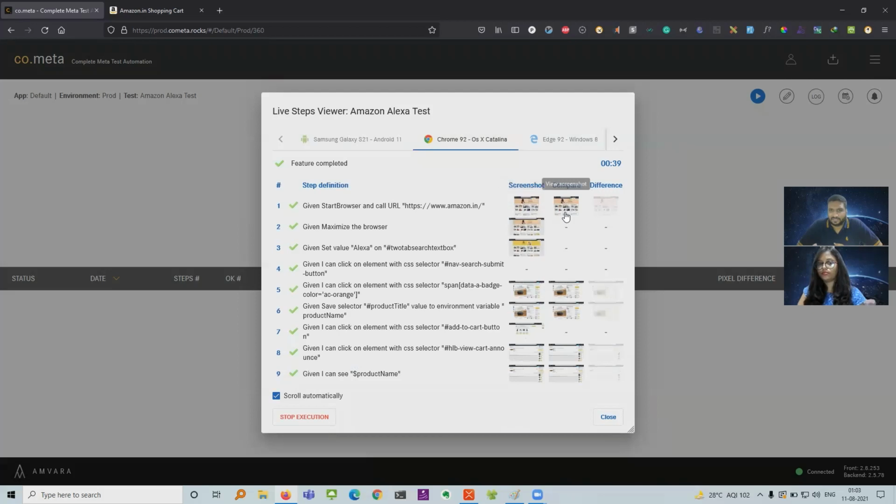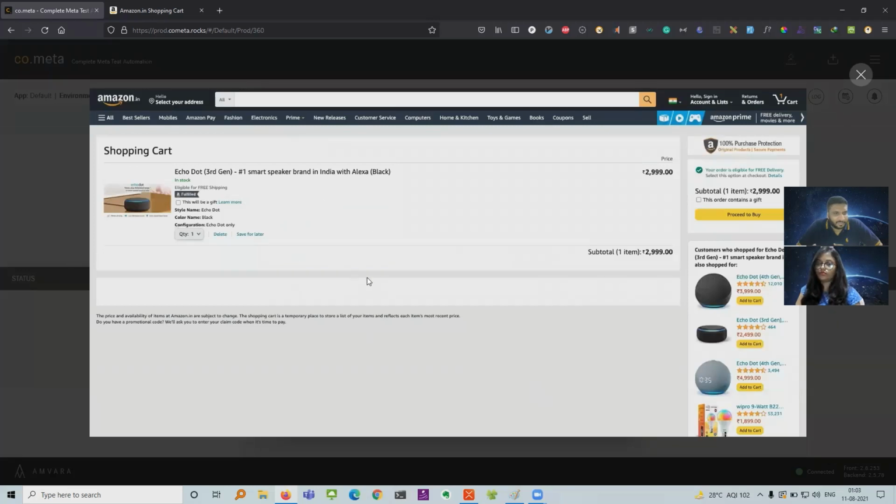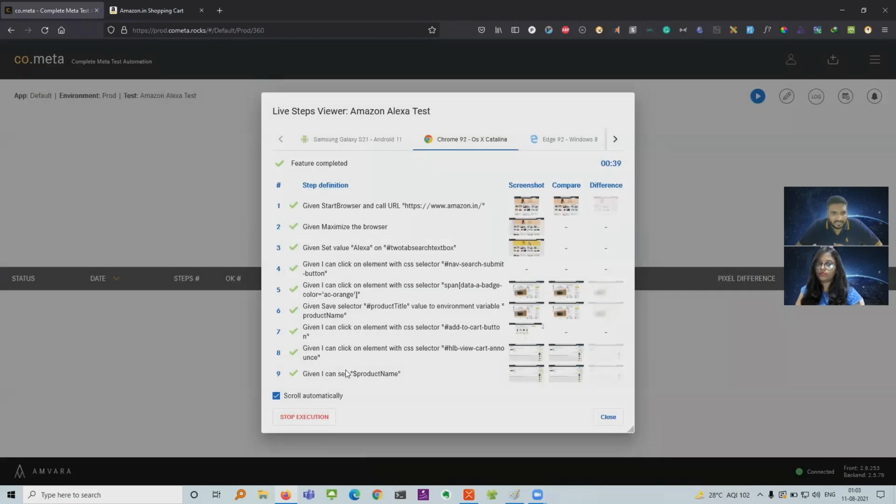You can even change this base reference image, which we will see once we complete this test. And if there is any difference, then that also comes, and they mark it up with some color. So we see all the tests have executed, and at the end, it came on this page, and it was able to even see that product name, and this step passed.